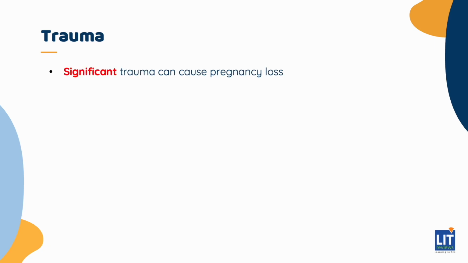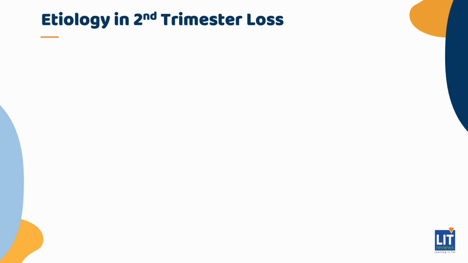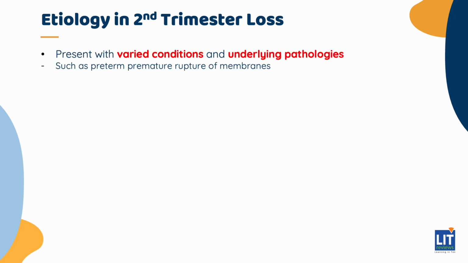Significant trauma can cause pregnancy loss. While the developing embryo is relatively protected within the uterus in early pregnancy, trauma that results in direct impact to the uterus can cause pregnancy loss. This can be due to violent trauma such as penetrating injuries or iatrogenic trauma such as chorionic villus sampling or amniocentesis. Individuals with second trimester pregnancy loss often present with varied conditions and underlying pathologies such as preterm premature rupture